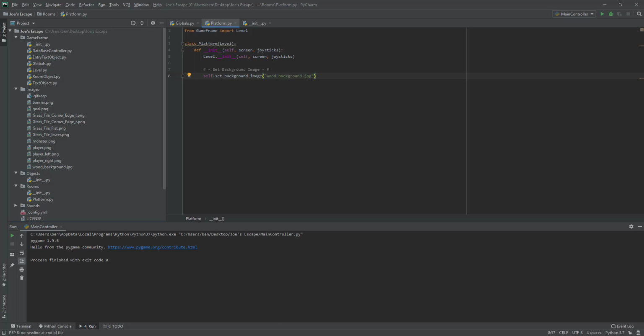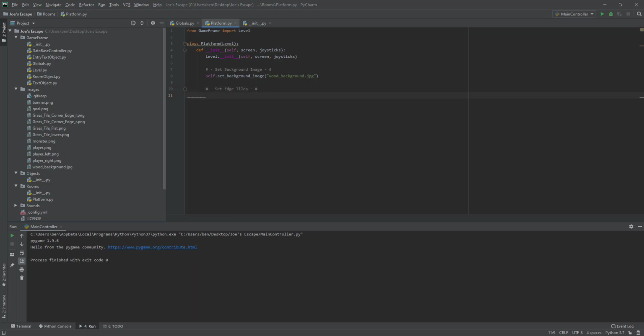Now the next little bit of stuff that we're going to add in this video, just because this one's a little bit shorter, is we are going to add our edge tiles. Okay, now this is really important because it allows us to add this in now, and then the next video can be a little bit shorter where we build our maze. Okay, because that one there's going to be a little bit of teaching in there to talk about how our 2D array, which is a concept I'll explain then, and our nested loop work. But in this particular video, we are going to have our set edge tiles, little comment in there,